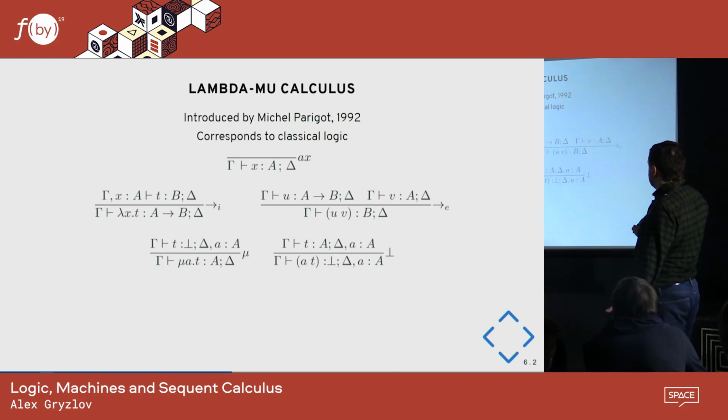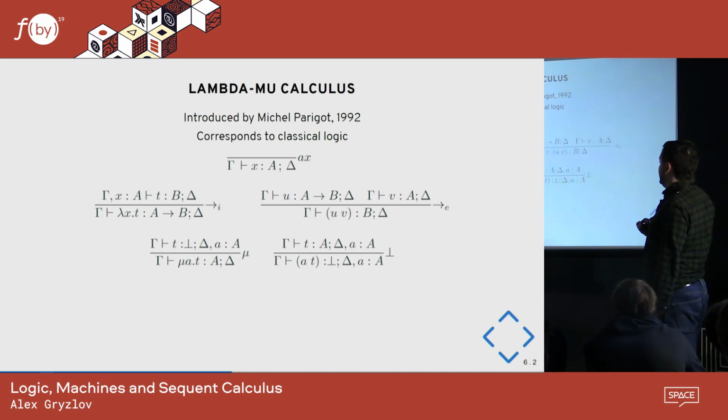So these 3 rules are the same as before. And then there are 2 more things. There is this mu, and there is this name thing. It's easier to explain this with the abstract machine, actually, what it does. But the idea is that mu saves the current stack. And this thing applies it then. And then you have this extra bottom type. So this means the function never returns.